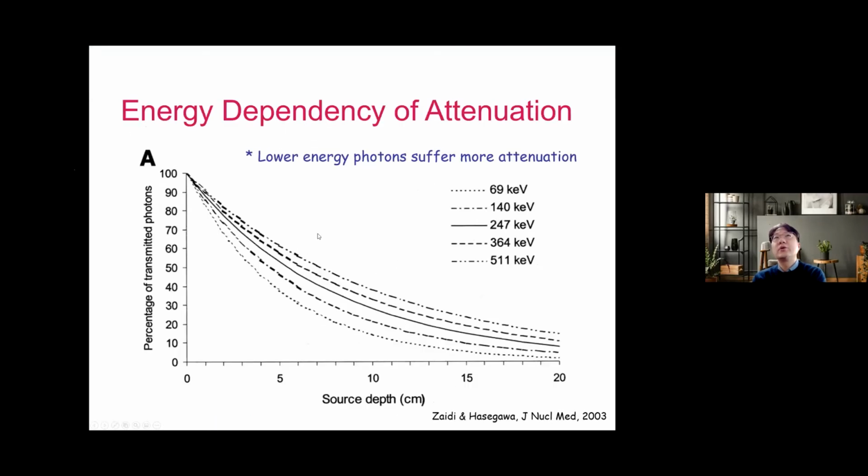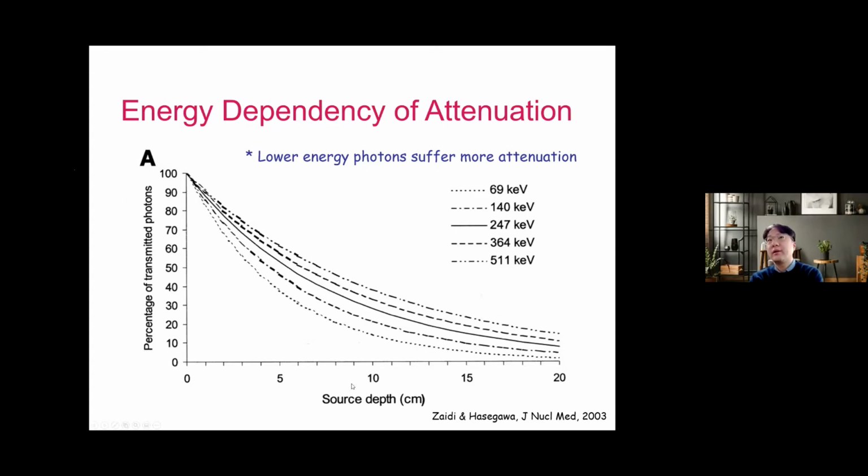This slide shows the energy dependency of attenuation. How much a photon is attenuated depends on the energy of the photon. Think about that. Which will be more attenuated, higher energy photons or lower energy photons? With higher energy, the photon can penetrate materials easily. I mean, with low energy, it is more likely that the photon will be absorbed by the material because the energy is too low. So this is why